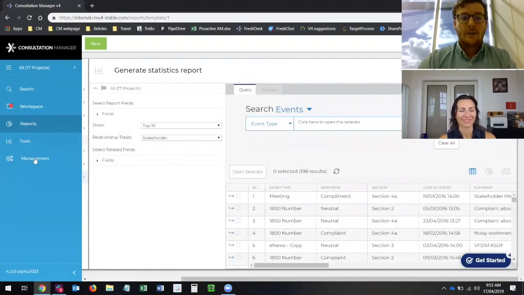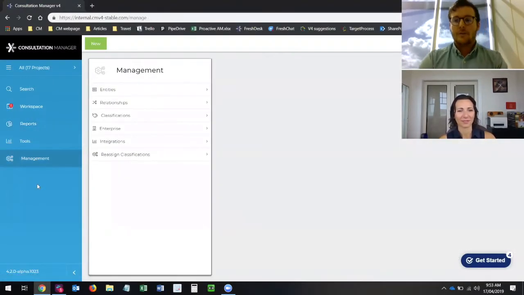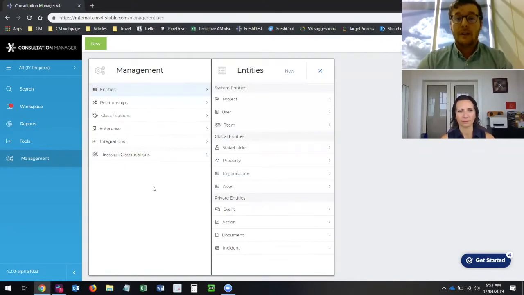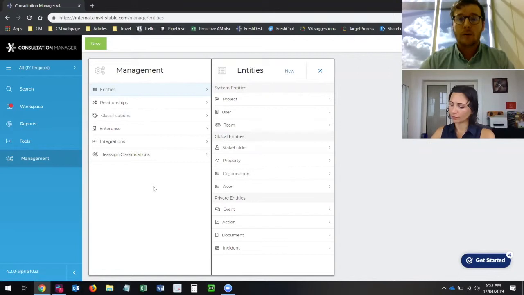Great. So the next thing I'll show you really quickly, and this is the biggest feature change from CM3 to CM4, is the management of the system. So as I said before, in terms of those fields and being able to update and change what you see and the details and what you need to track and report on, through the management section of the system here,